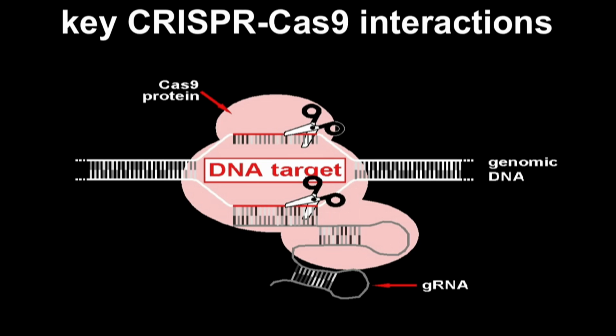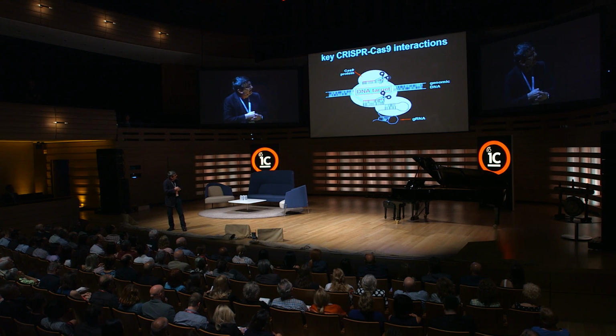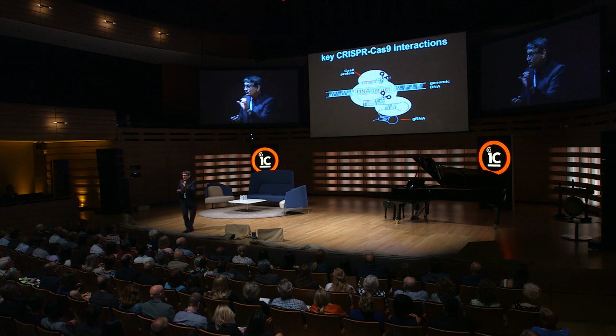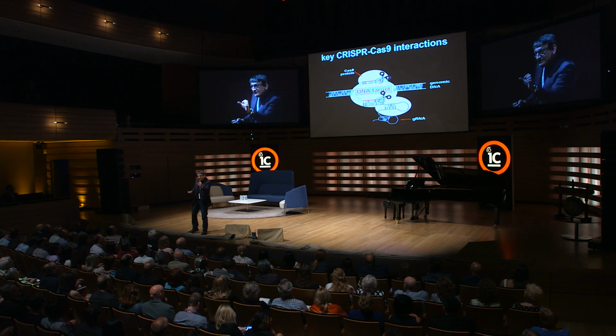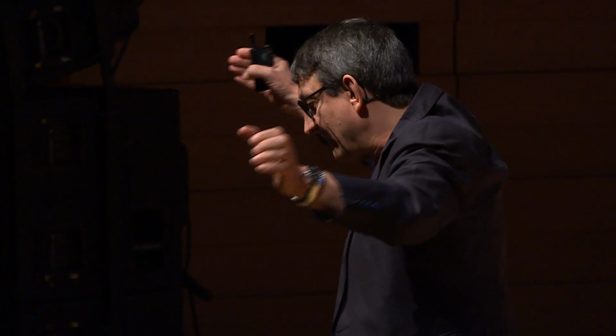This is how it works in a very simplified diagram. The central part of this is a part of the genome, the 6.4 billion characters. And you can see at the bottom, here, this is the sat-nav, the guide RNA, and it looks incredibly prosaic, but in fact it's amazing because it can combine with 2 different entities. One of them is the pink blobby thing here, which is the molecular scissors, the Cas9, and you can see it interacting here, but the other part of the interaction is just 20 characters long, and it causes a specific interaction with the genome, those 6.4 billion characters. And you might think, well, there's only 20 characters here that are matching up.